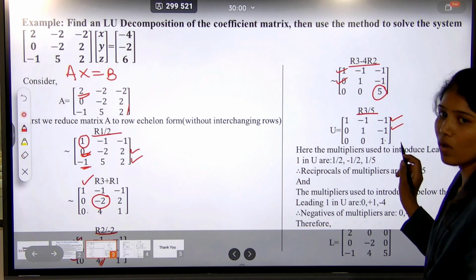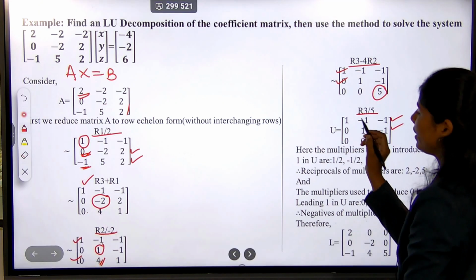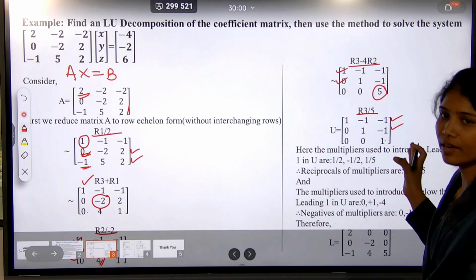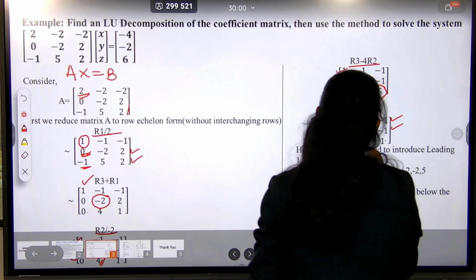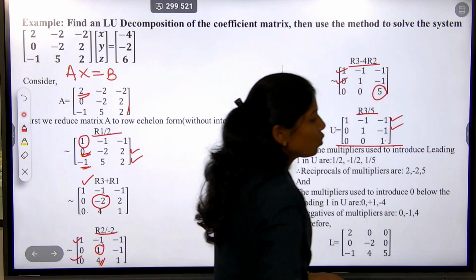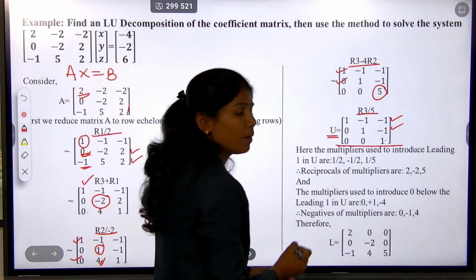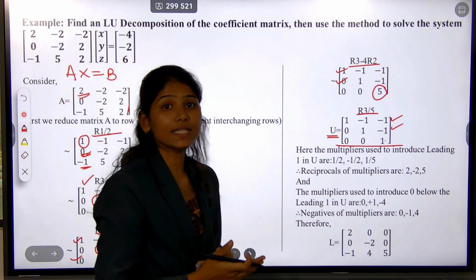Okay. So we can see that this matrix is in row echelon form. The leading entry is 1. For any two consecutive rows, the leading entry of the second row is to the right of the leading entry of the first row, and all 0 rows are at the bottom, but here no 0 row is present. So in this way we can reduce matrix A into row echelon form, and we denote this matrix as U, the upper triangular matrix. So we get U. Now we have to form matrix L.